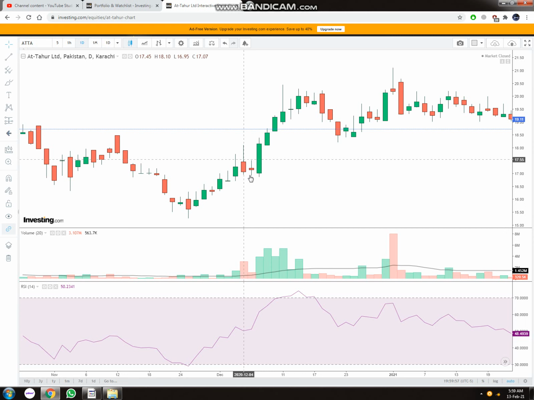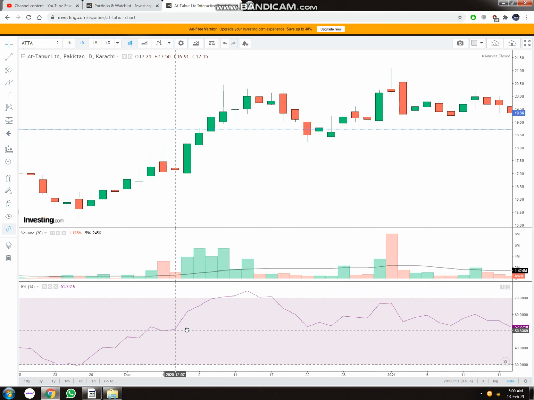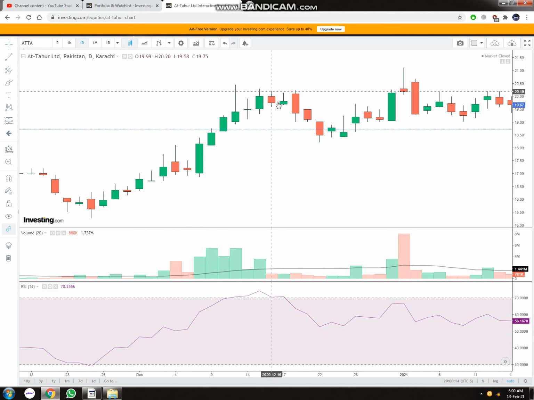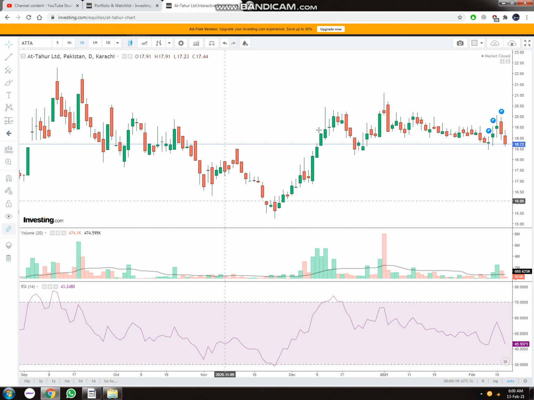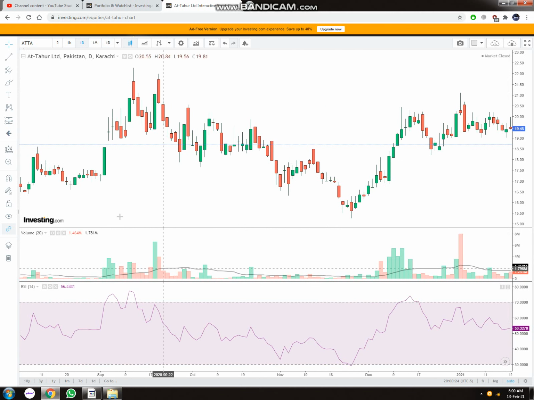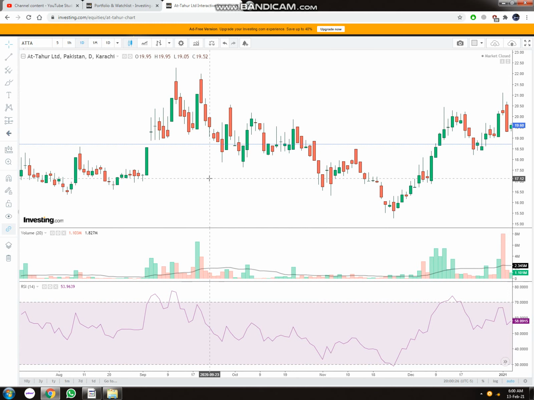As you can see, at this level it showed bearishness, and it's a side trend, not a great side trend, but it prepared to trade sideways. Then it showed slight bullishness at these levels, and after that it moved upward, trading in an uptrend. So these are the signs you will have to keep an eye out for. I'm going to point out a few of these at these levels, and show you when to enter and exit a trade while trading with the help of RSI.